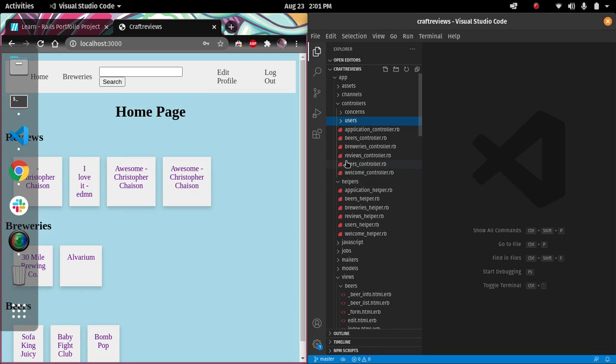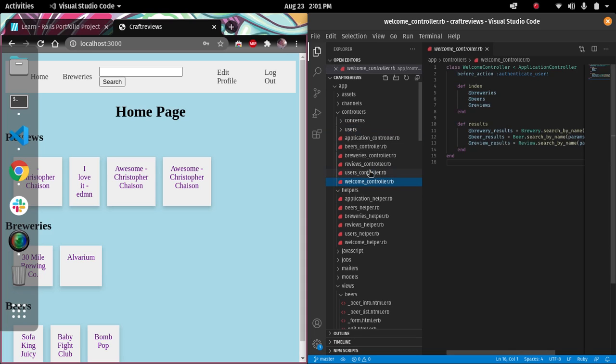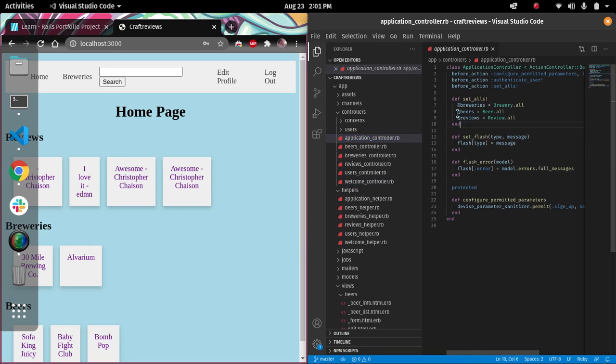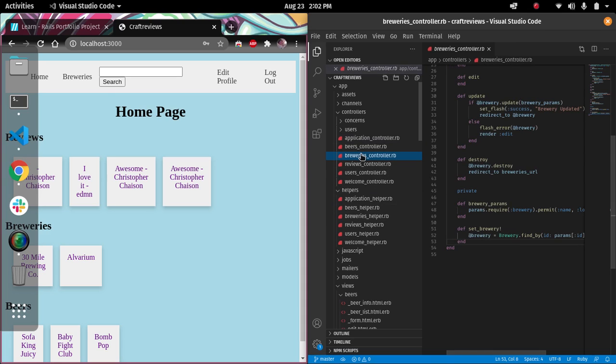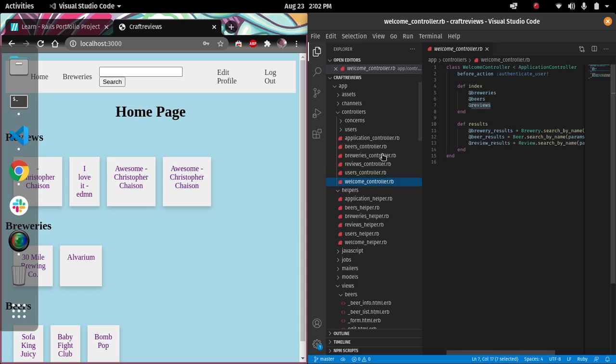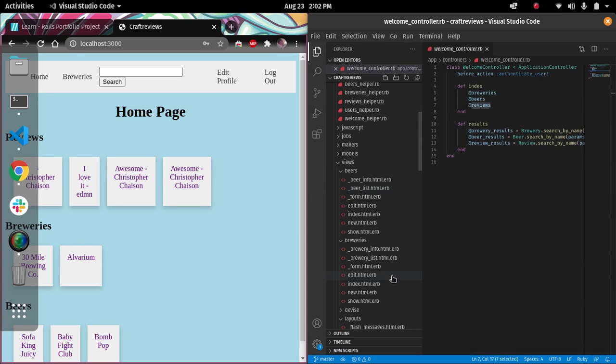Now, with any model view controller or Rails app, it starts off with the controller. So for our index or home page, I do set these instance variables, which is already done beforehand, so I don't have to call them on that index. And as we move over to the show,